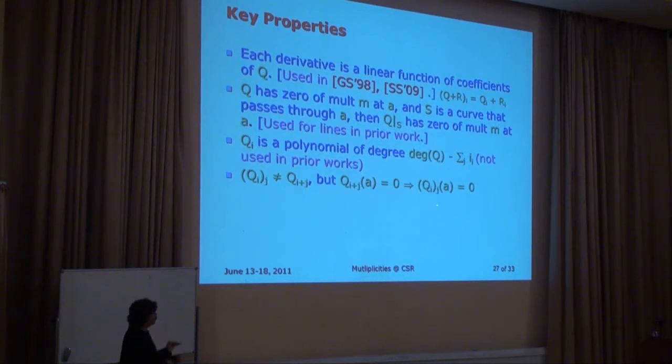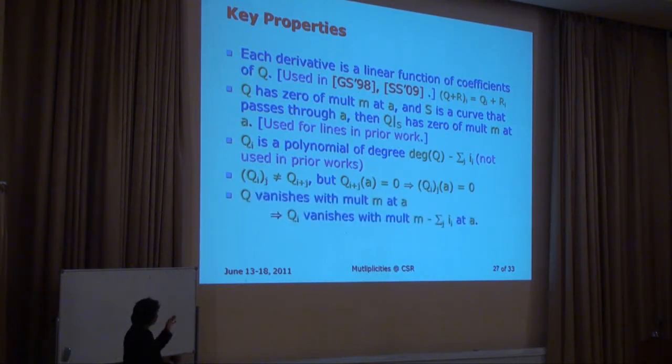But it still happens to have one direction of the implication which is useful, which is good enough for us, and was the crucial direction for us. If the i plus jth derivative vanishes somewhere, then it implies that the jth derivative of the ith derivative will also vanish there. The converse is not true. That's the reason: the first derivative of the first derivative would vanish everywhere if you were working on a field of characteristic 2, but the second Hasse derivative need not vanish. So the converse is not true, but in this direction it's true and it's useful for us.